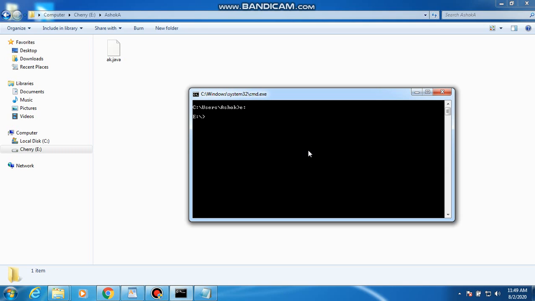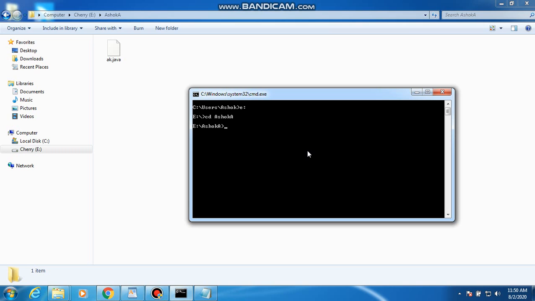Then it automatically moves to drive E. Now if you want to move to the Ashoka folder, type the command cd, meaning change directory, and Ashoka. Look here. Now we are in E drive and the Ashoka folder. Now view that the file is also located in this folder.